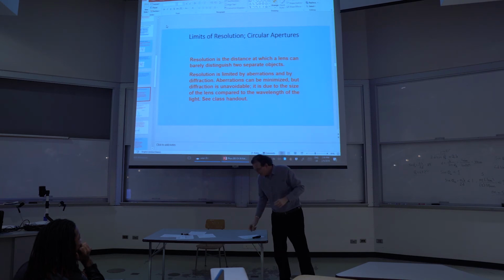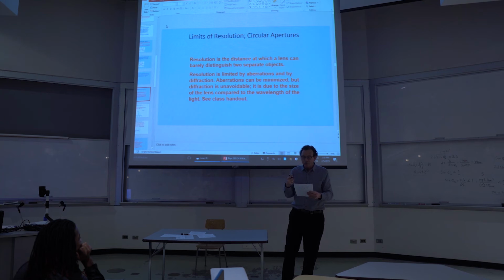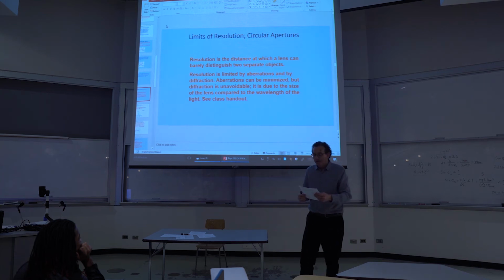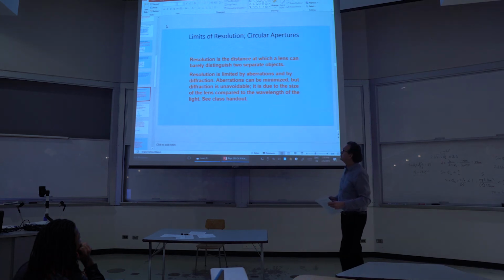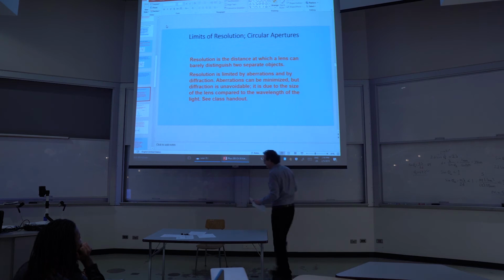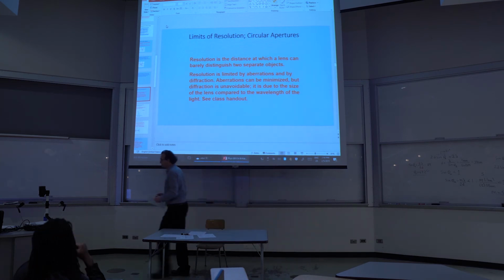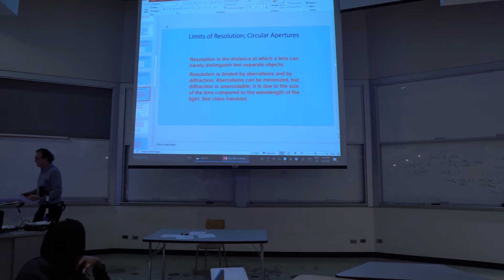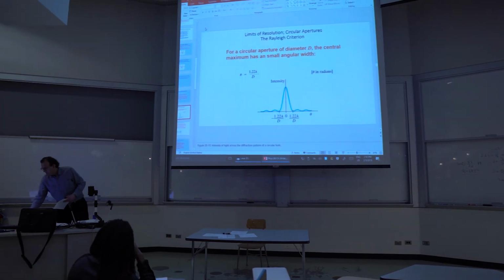The third one that we're going to talk about is the limits of resolution, or the blurriness caused by the imaging of an object due to a lens or to an optical device. So